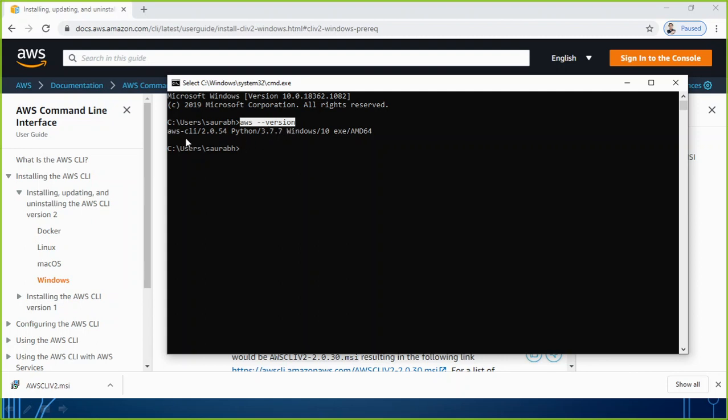If you use this command, here it is telling me it is having AWS CLI 2.0.54. It is using Python 3.7.7 and it is running on Windows 10.